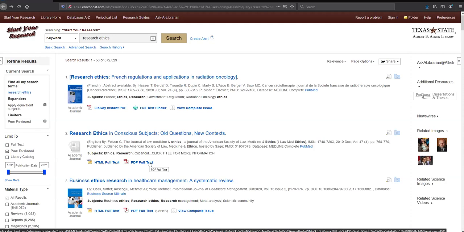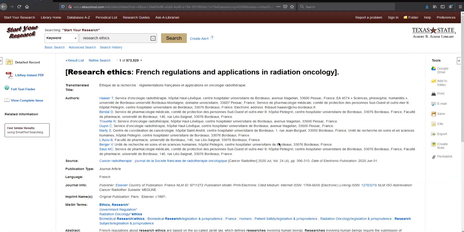I'm going to select the article that I want to export, click on it, and then I'm going to look for this database's export button. In each database, the button's going to look a little bit different. They may call it different things. Here, it's over in the right sidebar, and it says export, and it shows this piece of paper with an